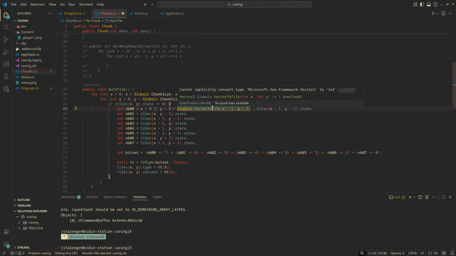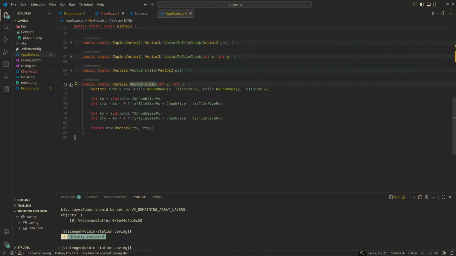It returns a vector 2. Oh no, that gets the position. Oh my god, what? How do I do this? I mean, obviously I can just do if statements, but that's not super efficient. So I need to pass in an x or a y and figure out